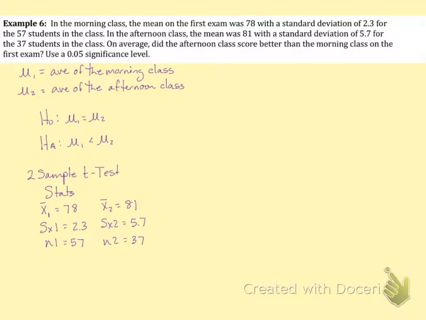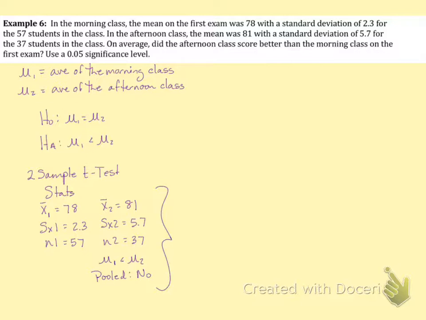We are looking to see if mu1 is less than mu2, and we're always going to choose no for pooled. So in this class, we always choose no. And when you hit enter,